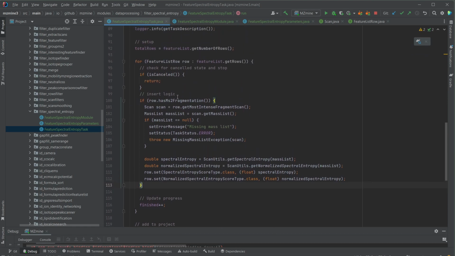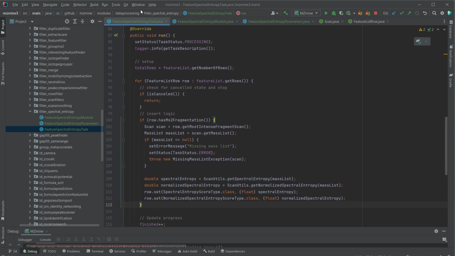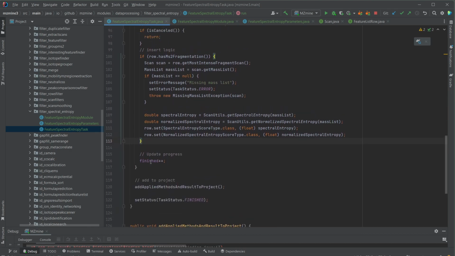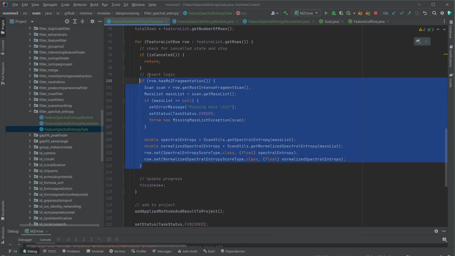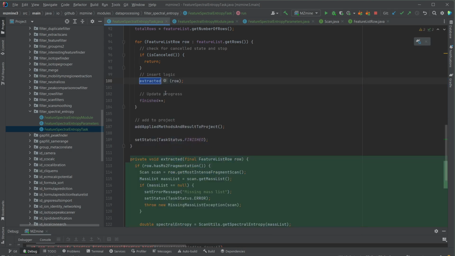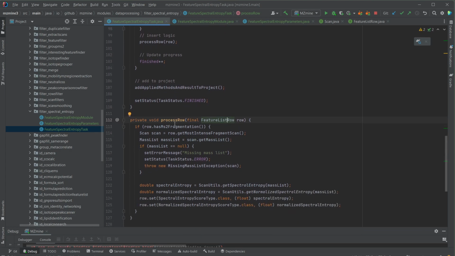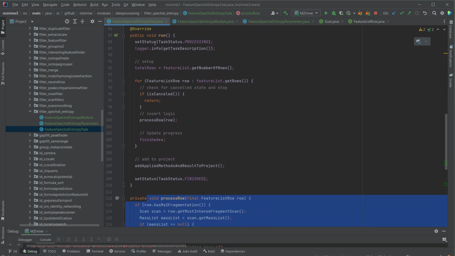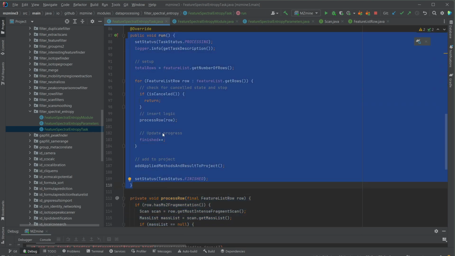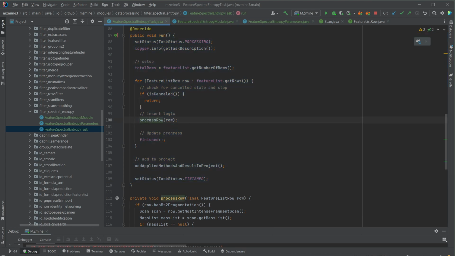One thing that I wanted to do is, sometimes it's very clean because this is more like the larger scale logic that we're running, like the flow of the module, of the task. And this is actually the only logic part, right? So we could press Control Alt M, extract a method from it, and just say process row, and it's automatically giving us a new method where we input the row, and then we don't output anything, so it's a void method. We just generate new data and directly add it to the row. And so we can extract this method from there. I think this way, the whole logic of the run method actually fits into one screen. It's very easy to see where we're going, and even for the process row,